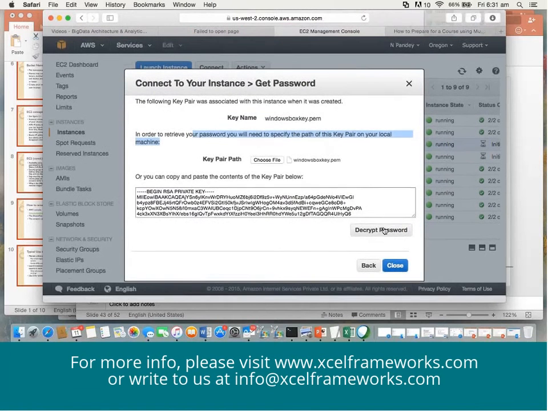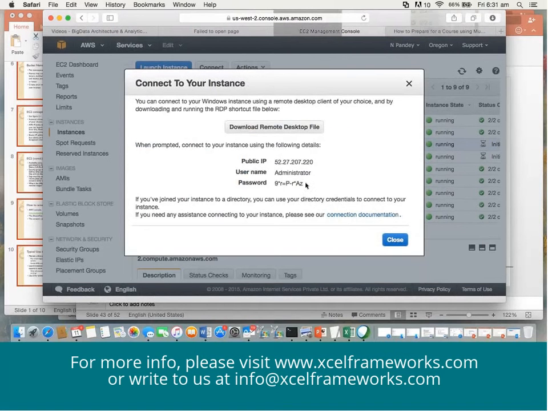And now I'll go and click on decrypt password. You take this password now. I'll capture it. This is the password which is generated for you to do RDP. Is that clear? Any confusion? Matthew, Ayush, how actually you will distribute RDPs?